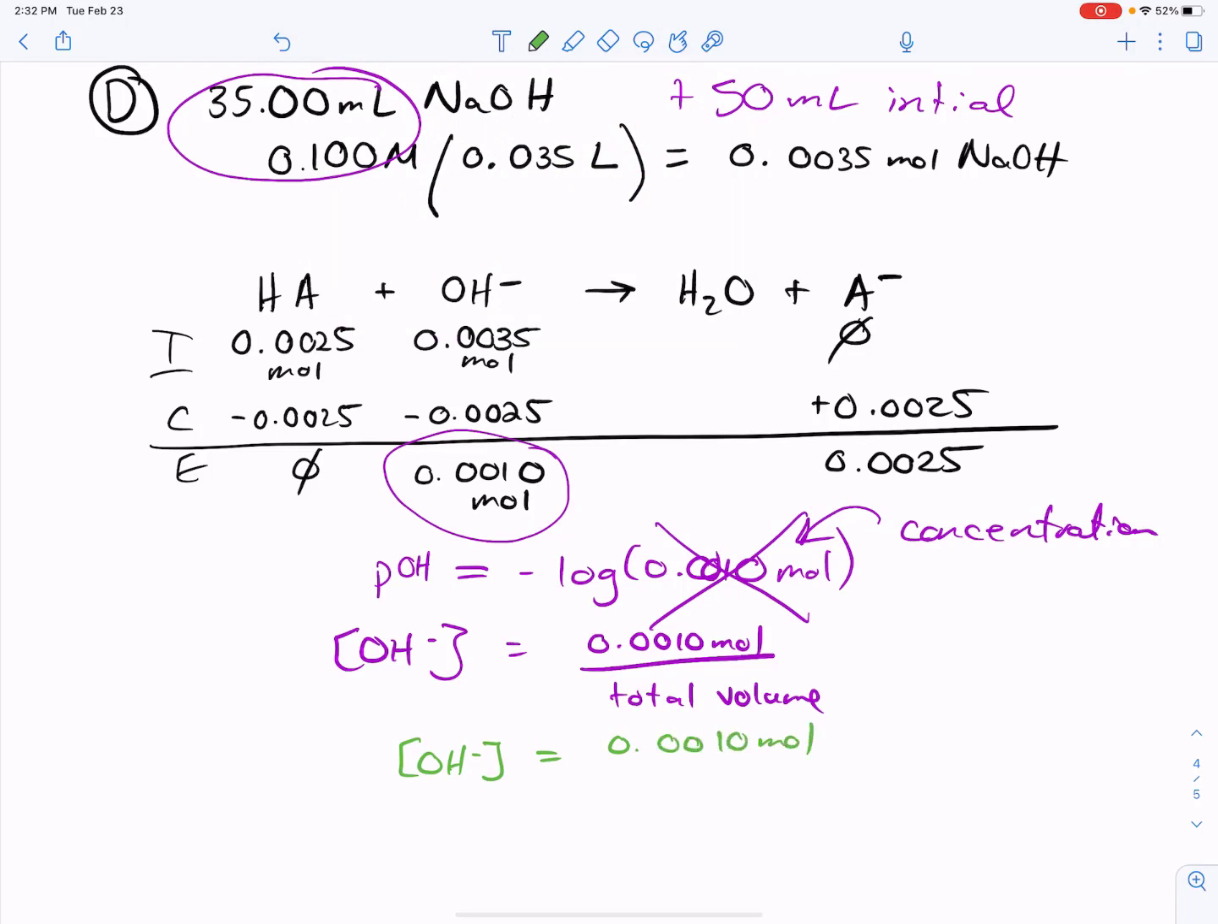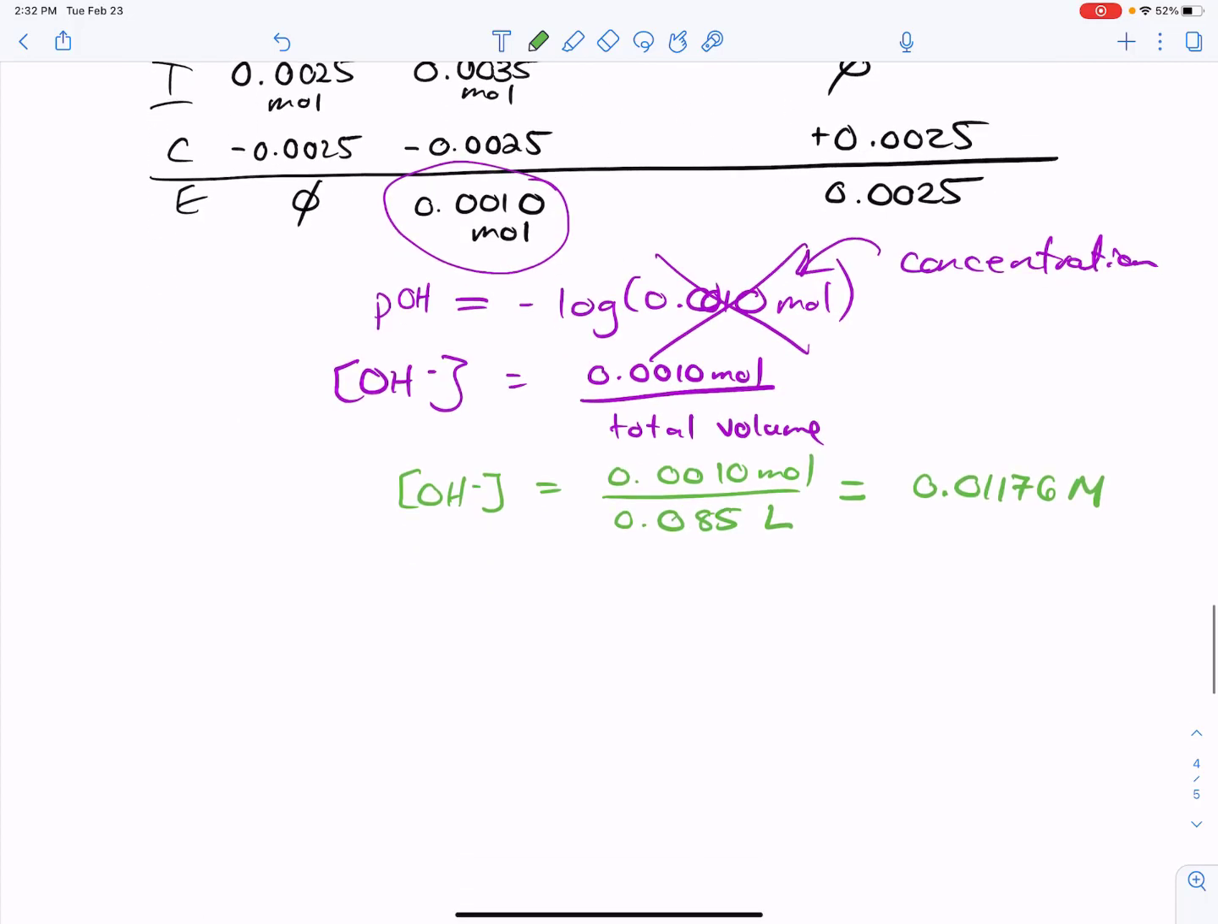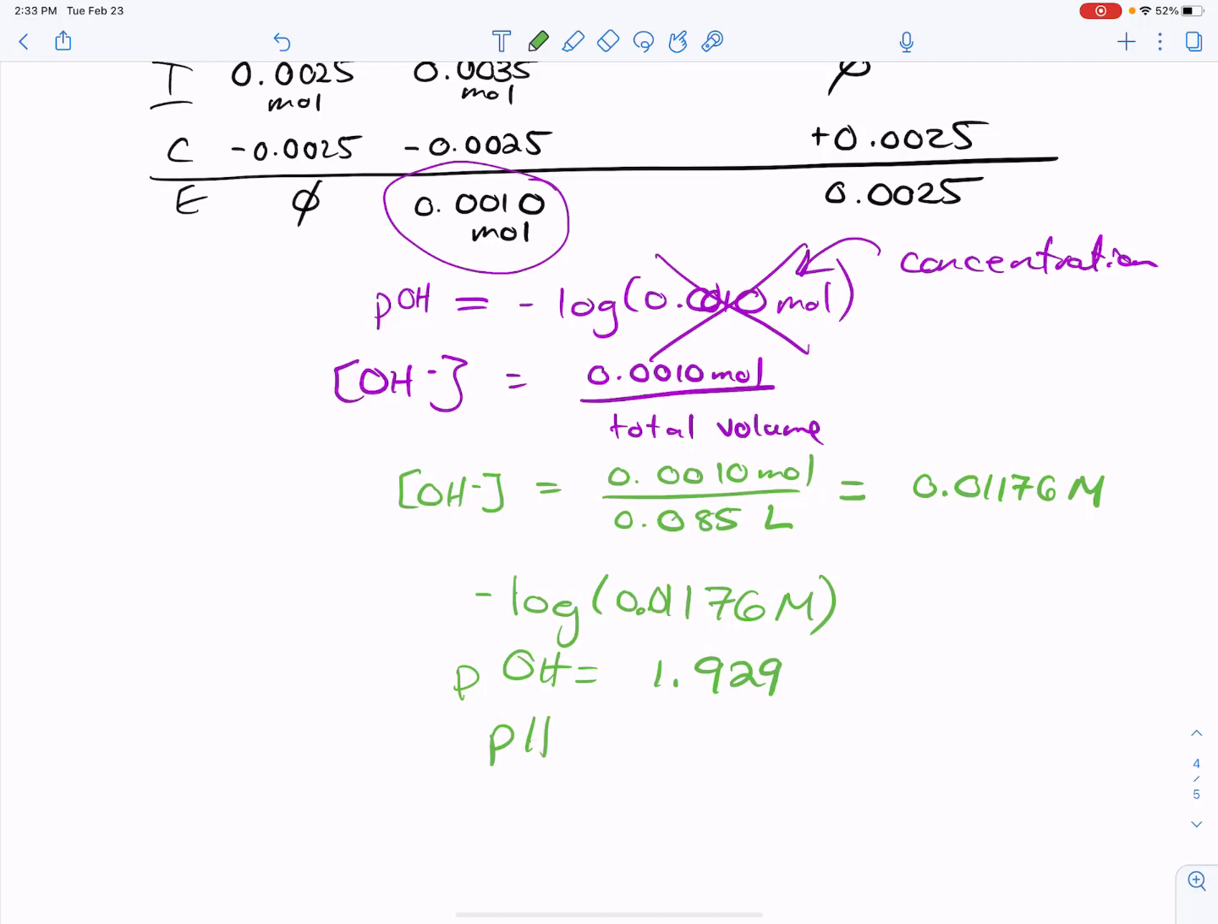So hydroxide ions equals 0.0010 moles over 35 plus 50, which gives me 85 milliliters. Turn that into liters is 0.085 liters. So my final concentration here of hydroxide is 0.01176 molar. I can now take the negative log of this value to give me my pOH equal to 1.929, which means my pH equals